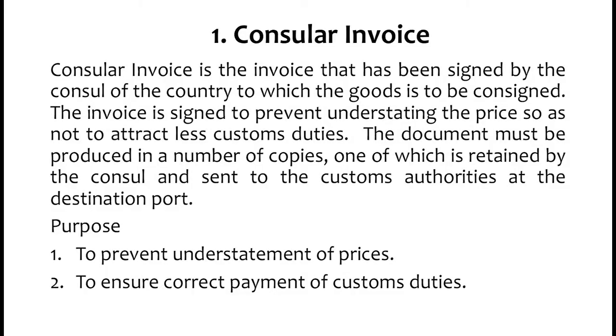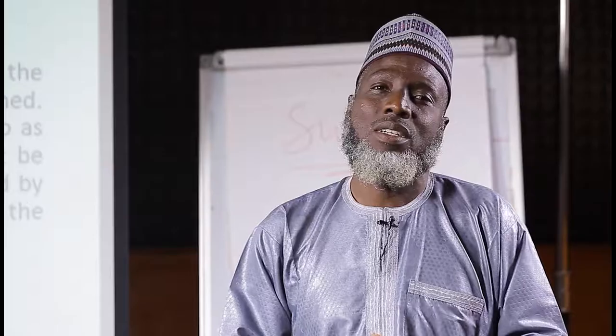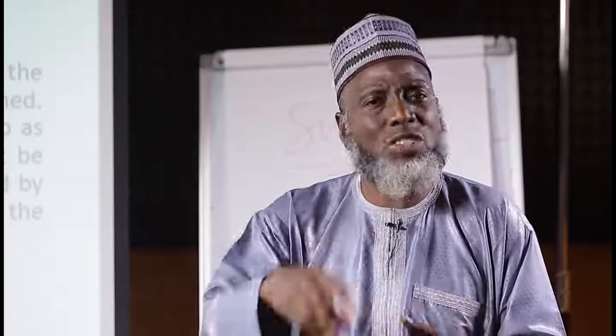The first one is called consular invoice. This is an invoice that has to be signed by the consul of a country to which the goods are to be consigned. The invoice is signed to prevent understating the price so as not to attract less customs. This document is made for customs officials to know how much they are to charge in terms of duties for